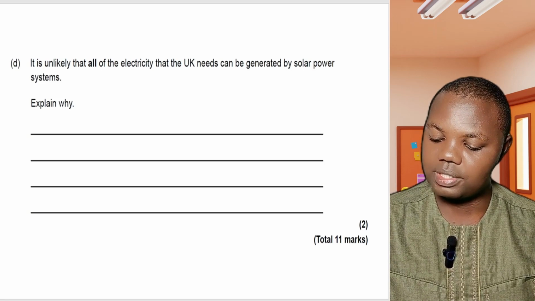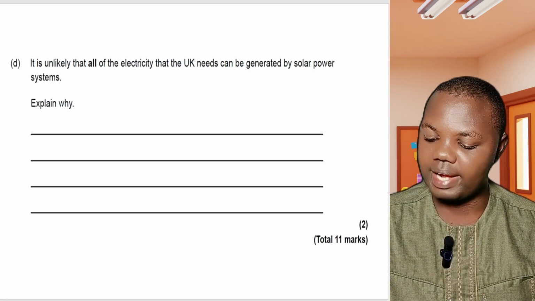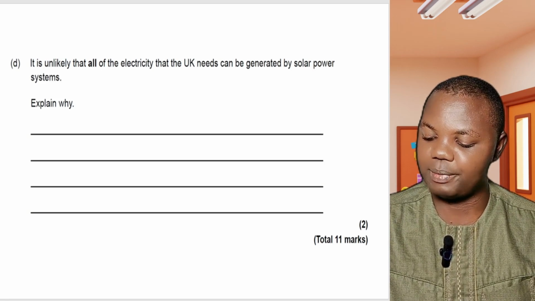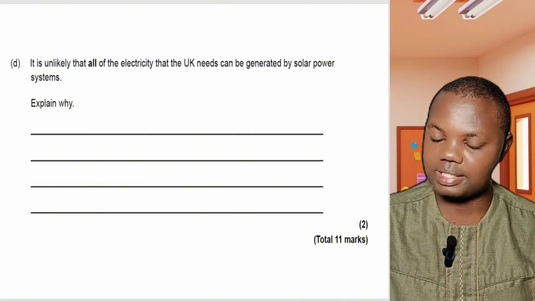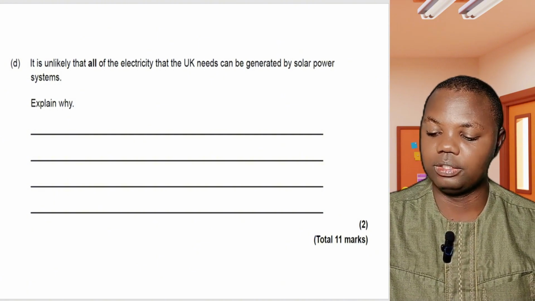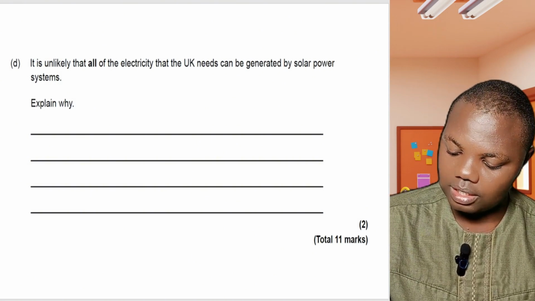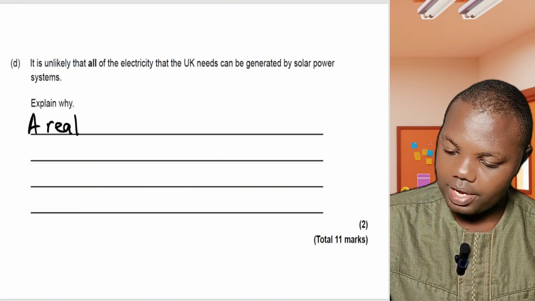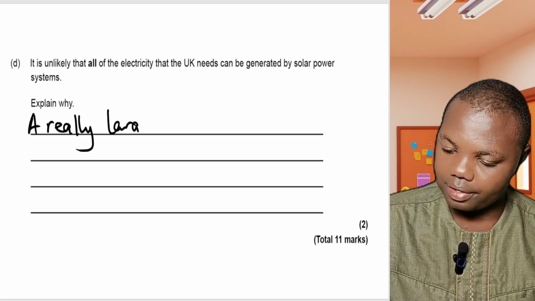So here is the last question. It is unlikely that all of the electricity that the UK needs can be generated by solar power systems. Explain why. So the reason is because a really large area